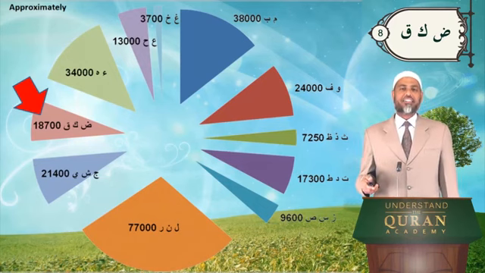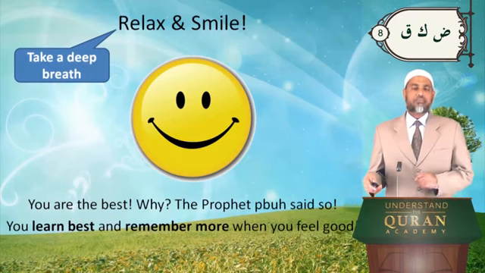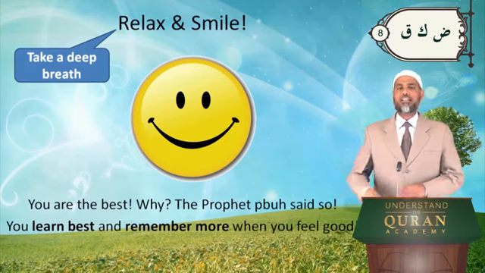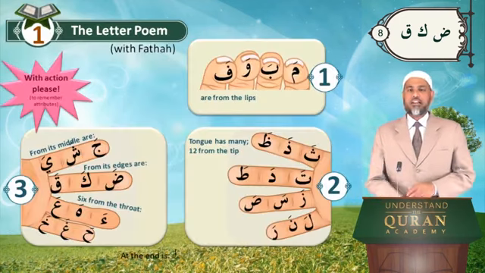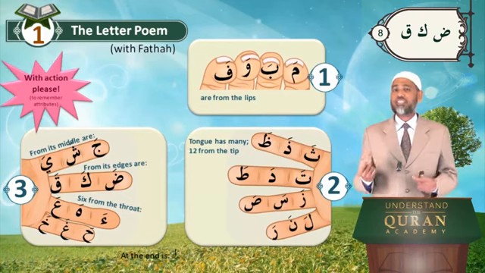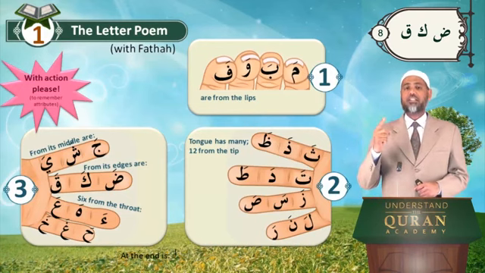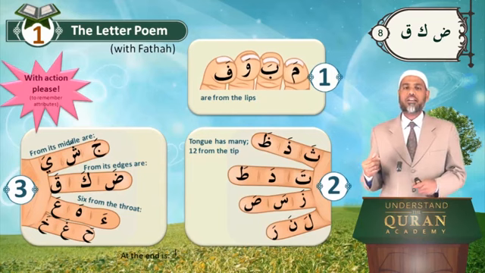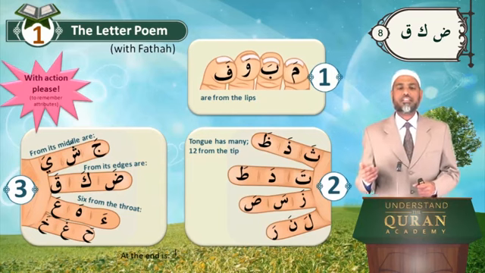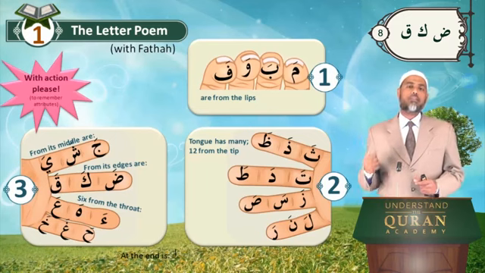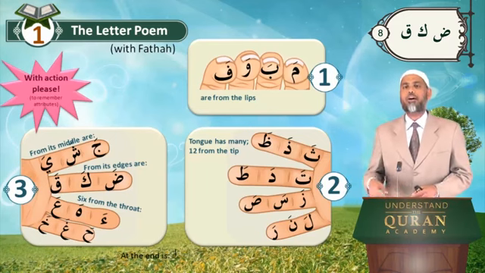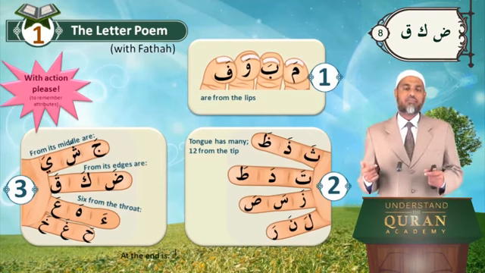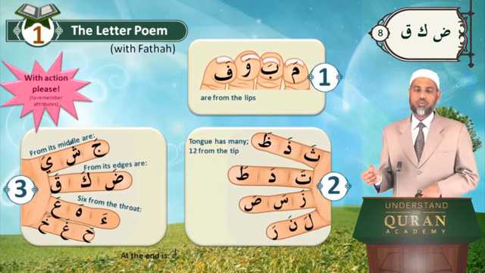A lot, no? So relax and smile, take a deep breath, charge your brain, and be ready to learn. Avoid all distractions, chat windows, mobiles, etc. And let's start. Let's recite the poem first, which teaches us the letters according to Makharij, how to say them with the attributes. So it's very nice to learn all of these things together, and the benefits are many, as will be shown to you when we come to Tajweed lessons. Because remembering the letters in this order is very, very useful when it comes to Tajweed rules.